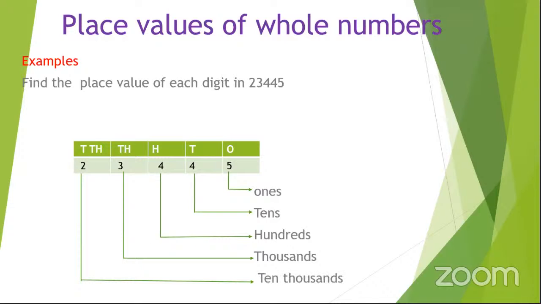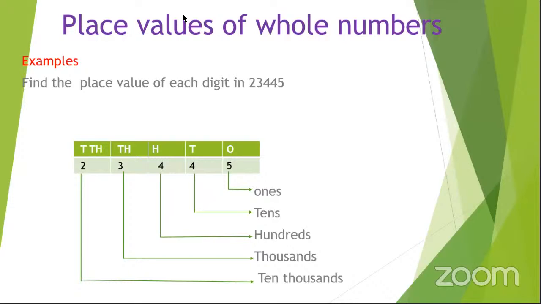So I would like to give an opportunity to someone who can guess the next place value after 10,000. Let me see whether someone's hand is up. Yes, Esther, can you tell me? 100,000. I beg your pardon, please. 100,000. 100,000. Thank you so much. So as you keep on going, it keeps on increasing. So from 10,000, you go to 100,000, and we can also move to another.